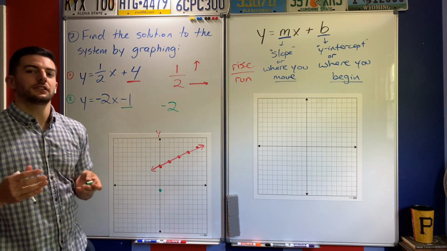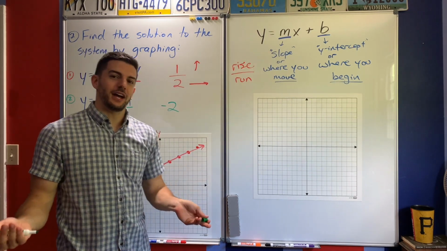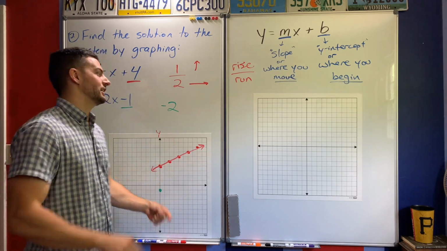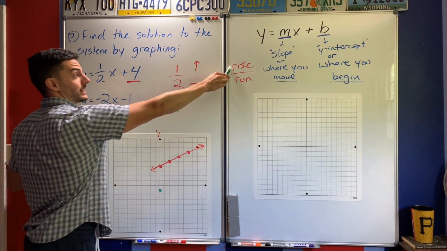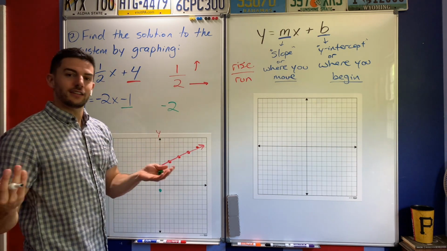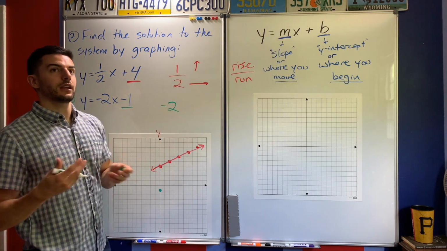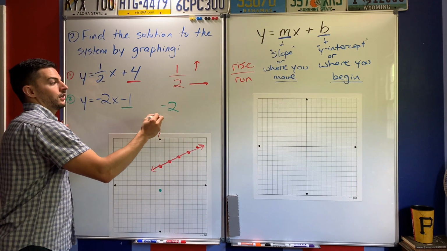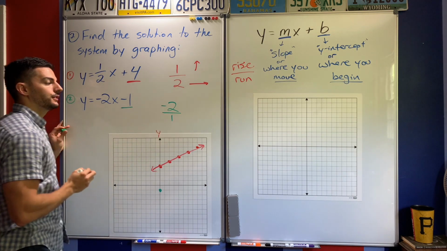But I say this all the time, slopes, the m values, are the only time in math where we are like, yes, I want it to be a fraction. Every other time in math, it's like, oh, a fraction. But we love fractions with slope. We want it to be a fraction because that's how I account for both directions. If I don't see it as a fraction, I don't know the run direction specifically. So you think, okay, what's a way that I could make negative 2 into a fraction? Well, if I say negative 2 over 1,